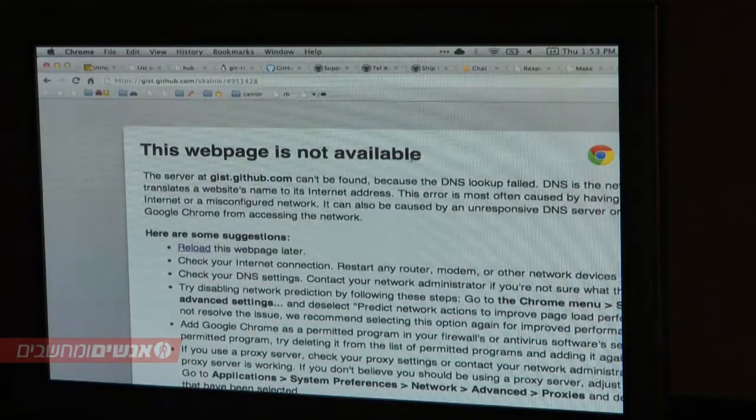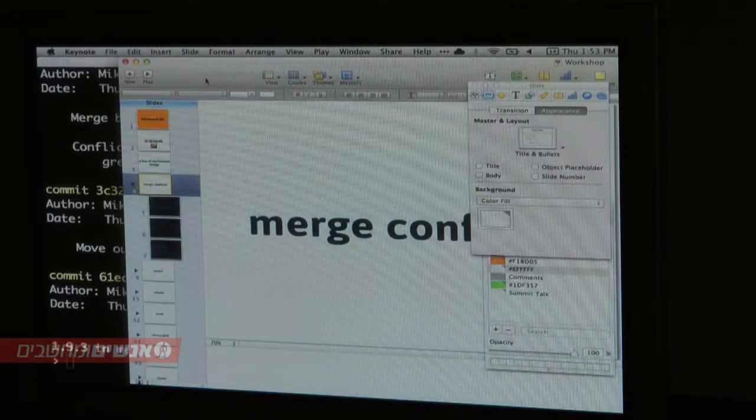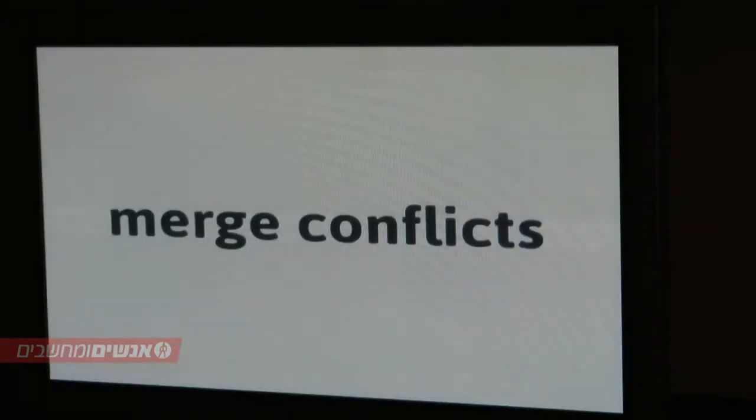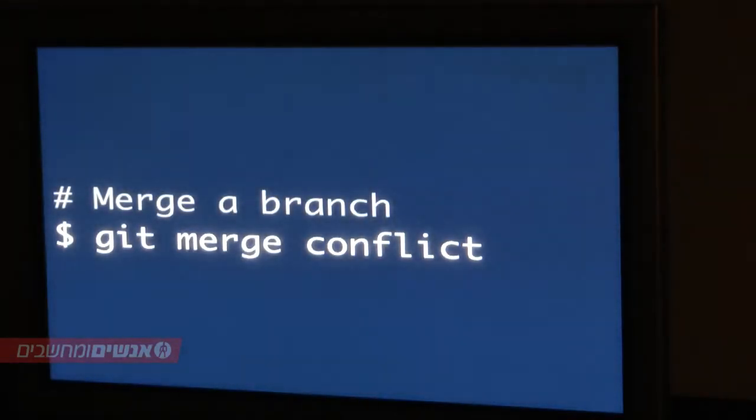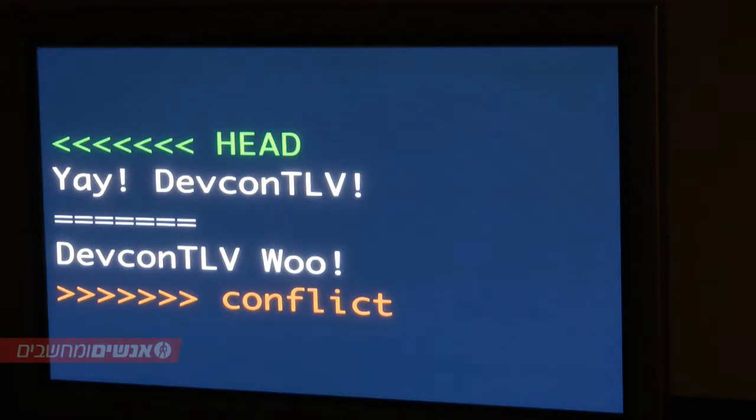Cool. I was hoping that a lot of you would know about merge conflicts, so hopefully you all followed along pretty easily there. But scary red text, not so scary, easy to deal with. We handled it no problem.